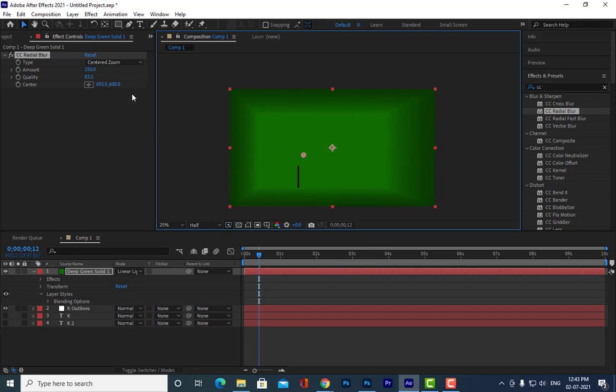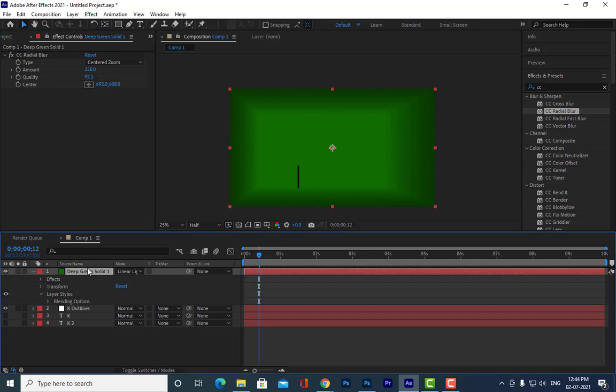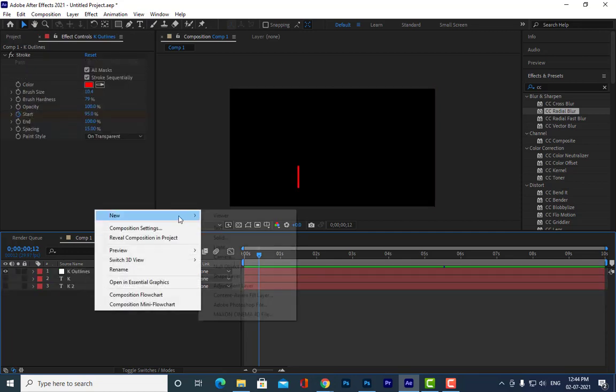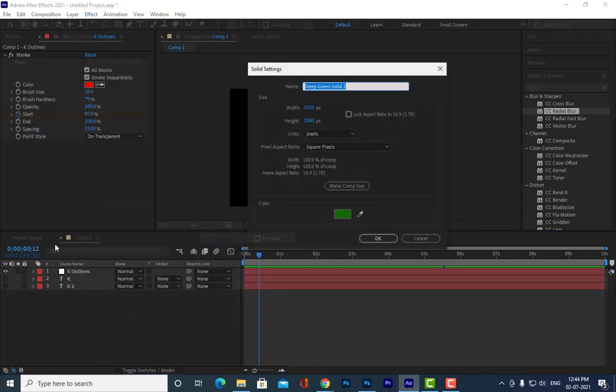We can also increase the quality here. And last and final thing, I am going to apply it with the white color. We will make it a small size one.